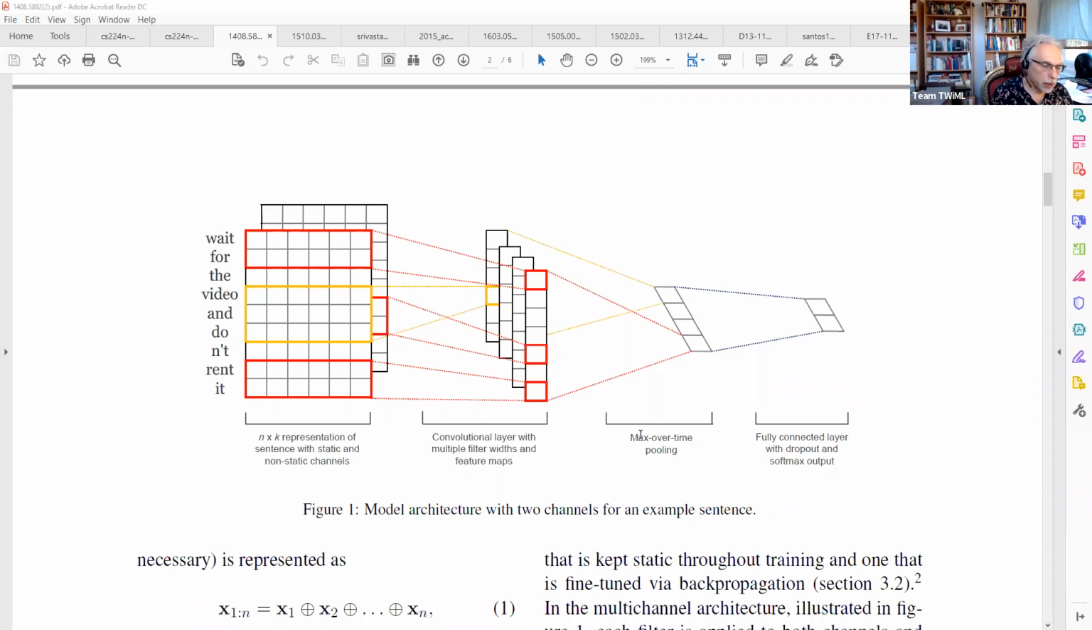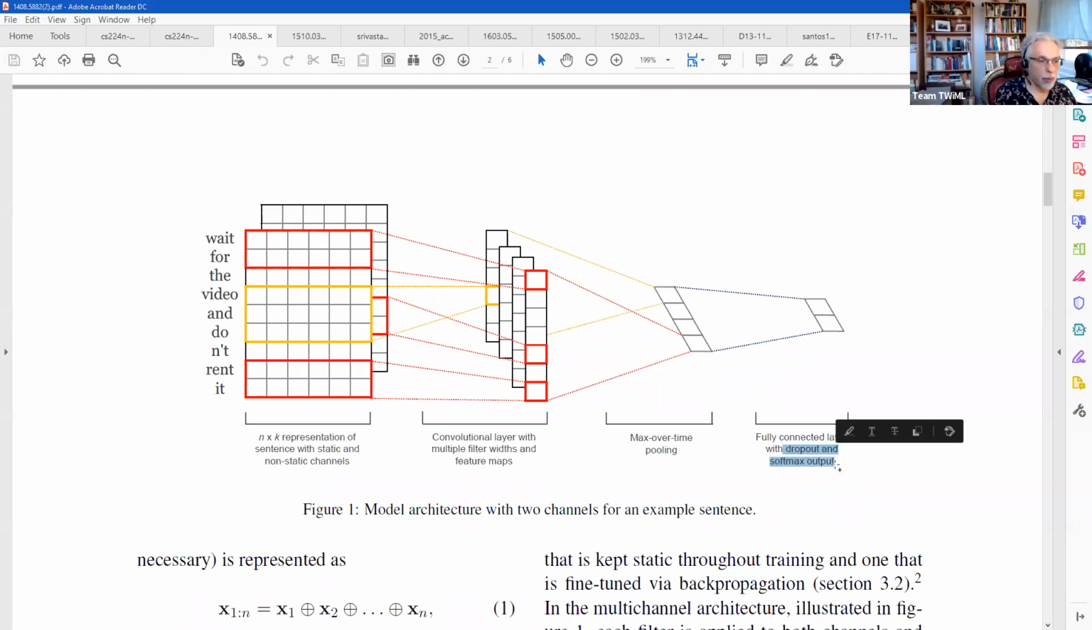So the innovations are A, the convolutional layer with multiple filter widths and feature maps, B, the max pooling, and C, he applied dropout. So these are the things he did that maybe other people before him didn't do. And then the third thing is this, and then how many things did I say? 1, 2, 3 innovations. The fourth innovation is